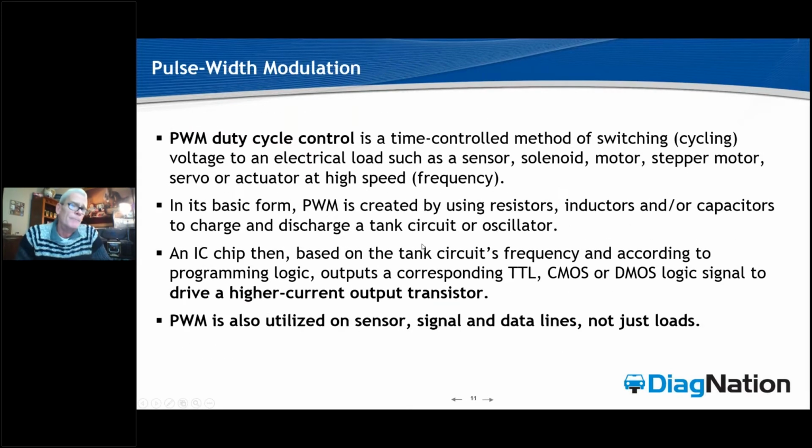Now, the modulation itself is basically a time-controlled method of switching or cycling current and voltage to an electrical load or from an electrical load, including things like sensors, solenoids, motors, stepper motors in the case of